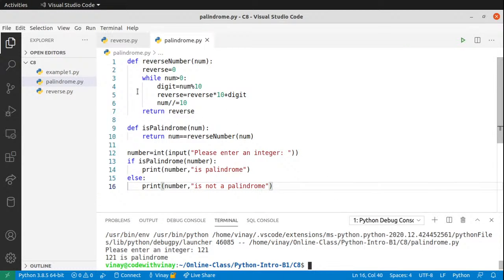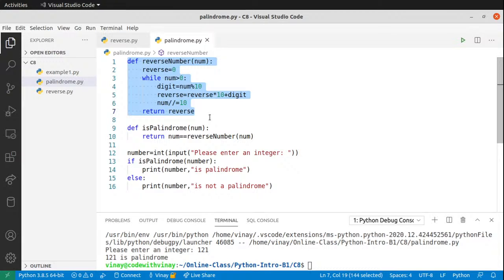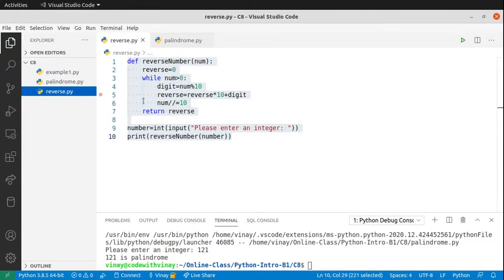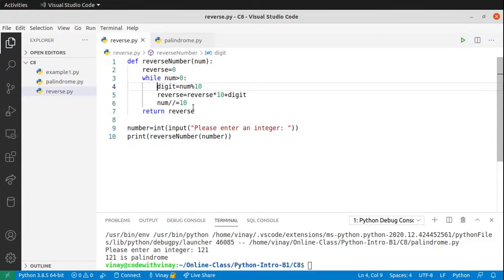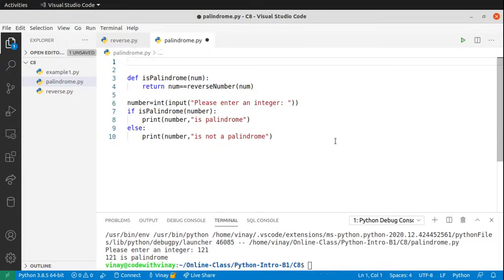Here what we are doing is that we have copied and pasted this function which we designed earlier. It was over here also. And the thing is, though this method is working, let's say if I change this function later on, then I have to copy paste it every time. So the better way is if we can use this reverse over here. There is a way of doing it, and that is something known as a module. So what I can do is that I can remove this definition of reverse, and I can say over here, import